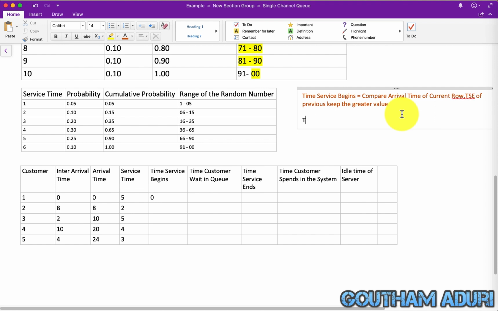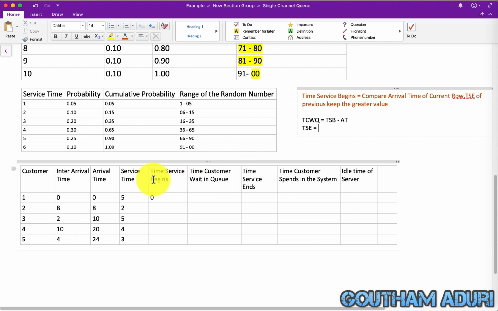I'll just put the short forms. Time customer waits in queue is TSB, time service begins, minus arrival time. Time service ends is TSB plus service time. And time customer spends in the system